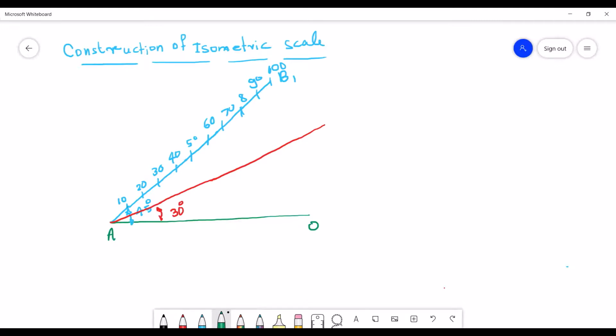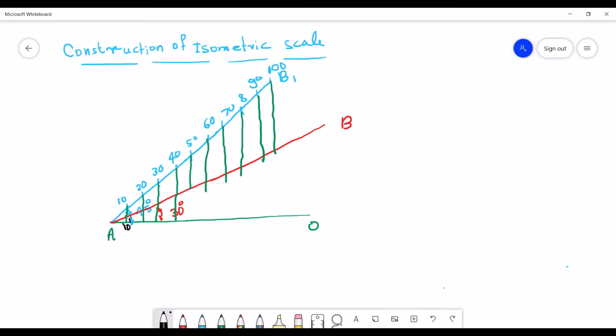Okay. Now draw the point 10 vertically down, and 20 also vertically down, and 30 also vertically down, and 40 also. If you are bringing it only up to this new line, that is this red line which I have drawn, I am giving the name as B. So AB is this line which I have drawn at 30 degrees. And now this 60 also we are bringing down, and 70, then 80, then 90 and 100. So here we are getting the points like that.